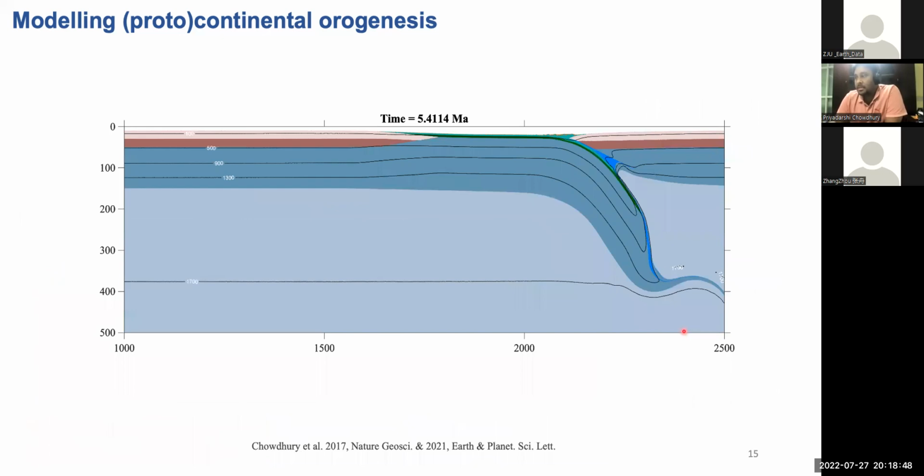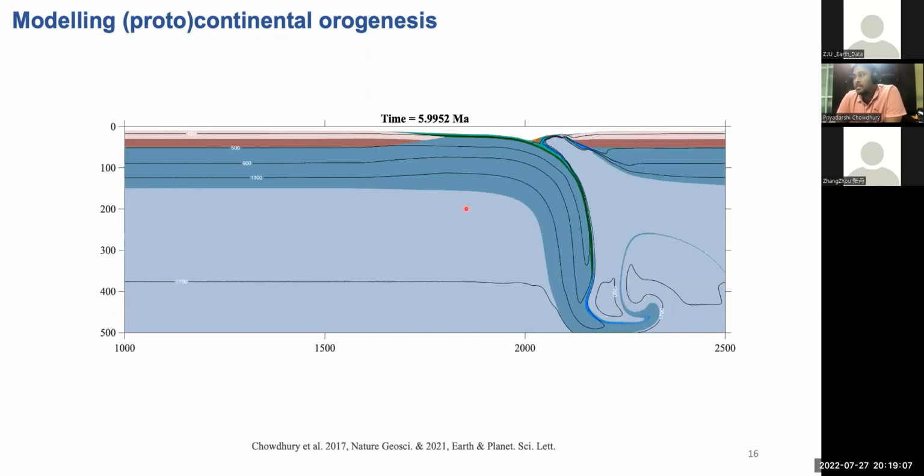So this is the start of the model. When we start, the subduction is driven by some external push. But once the subduction becomes stabilized, we remove the push, and then the entire model evolves on its own. That means under the slab pull and the wedge push and the convecting mantle traction at the bottom, all these forces come into play. So if you see what happens after a certain time, because the mantle is very hot and therefore very weak, it cannot support the weight of the subducting lithosphere. And therefore the oceanic lithosphere rather,